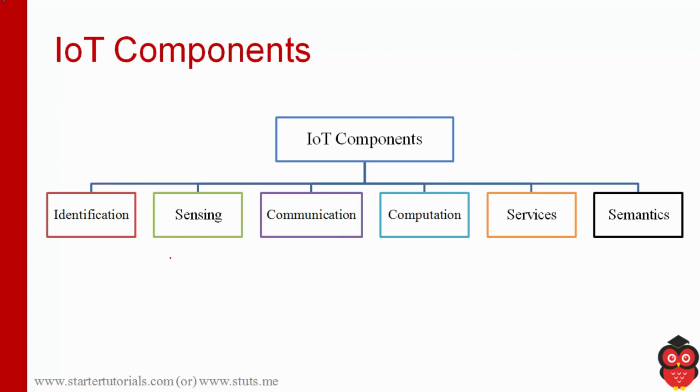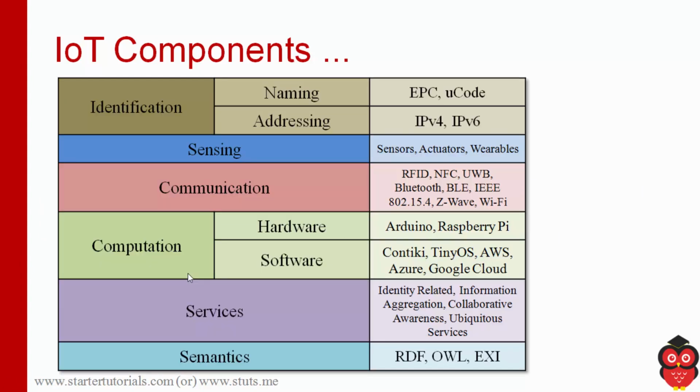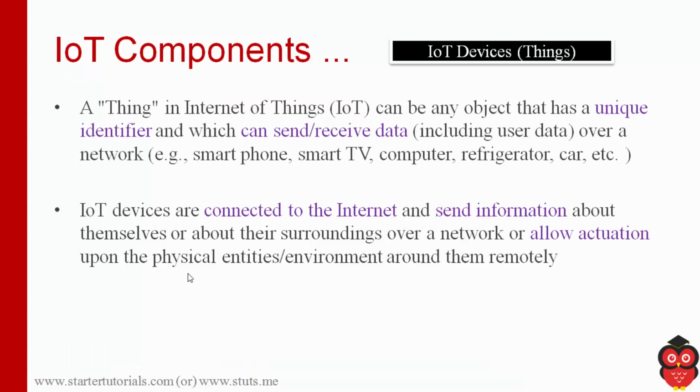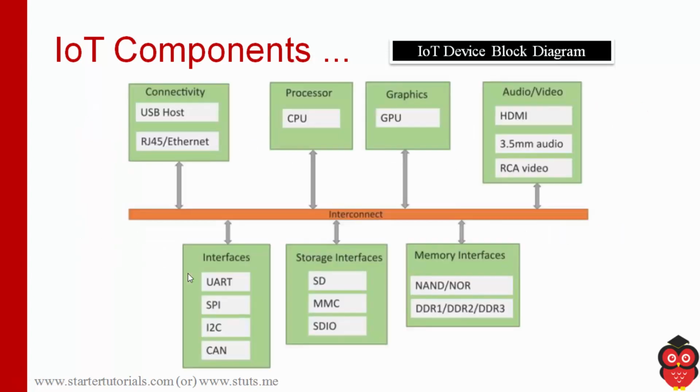Hello students. In the last session, we have seen these IoT components, six of them: identification, sensing, communication, computation, services, and semantics. And we have seen the associated concepts related to each IoT component. And then we have seen some details about IoT devices, and we have seen the block diagram of an IoT